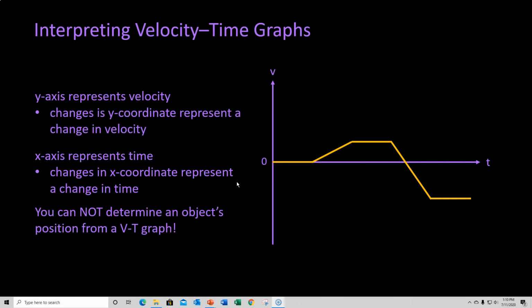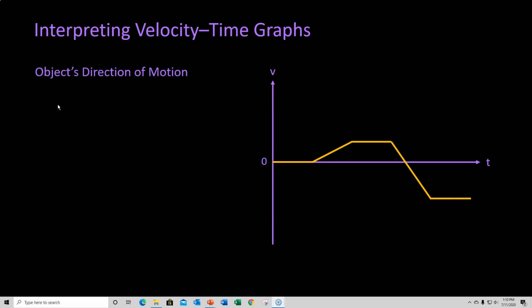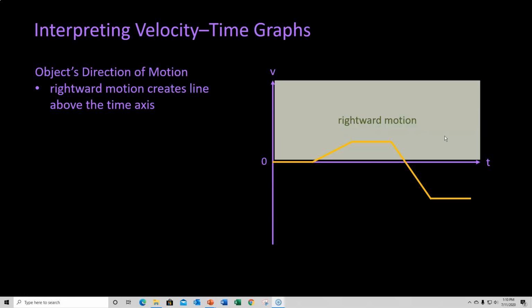Nothing about this graph will tell you the location of the object relative to the origin. Let's move on and take a look at the object's direction of motion. So a rightward motion creates a line that is above the time axis. So anything in this region above the time axis, if the line's in this region, the object is moving rightward